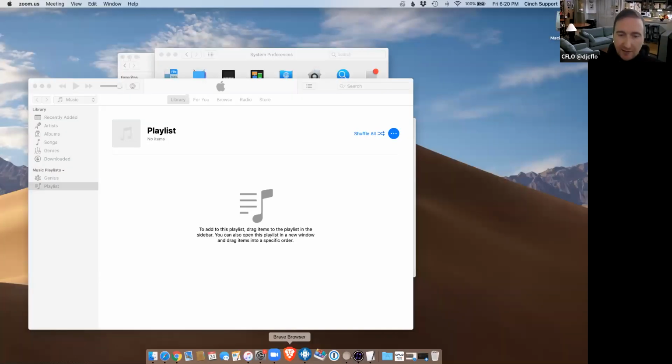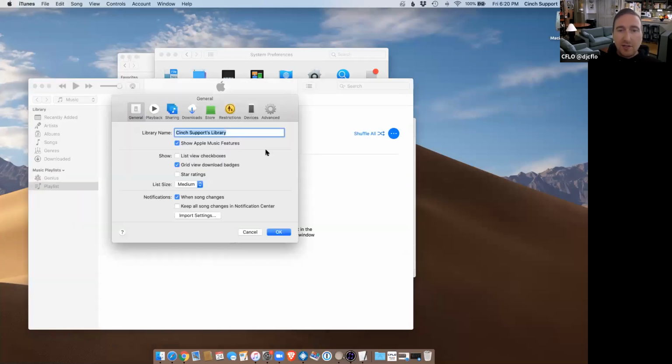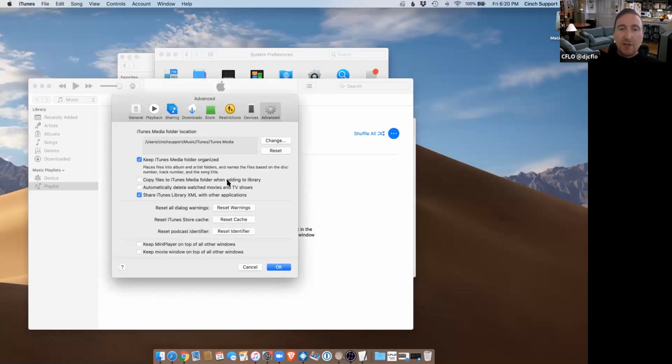Let me share it. Okay, so we're looking at iTunes preferences, and you want to go here to advanced. We want to uncheck copy files. And there was another question in the Q&A. I typed an answer. Also, I don't know if people in the chat see there's a separate questions and answers chat. And we've been typing to some people and answering questions that way.